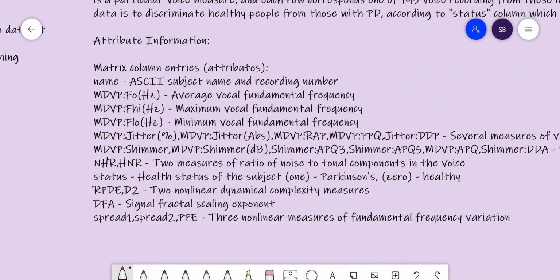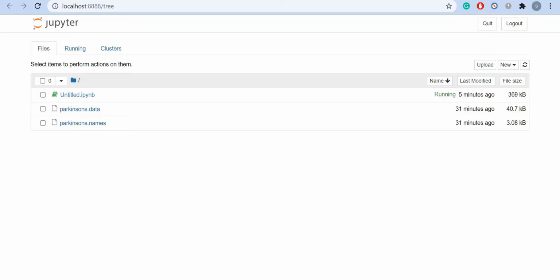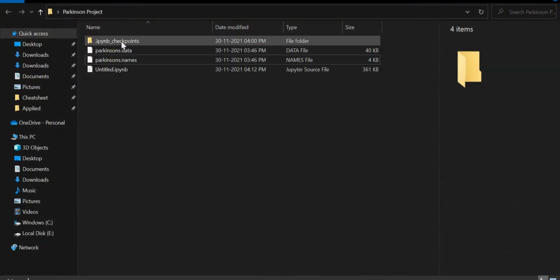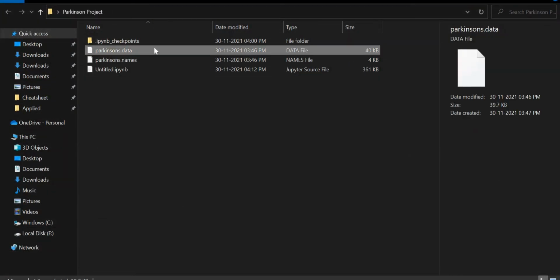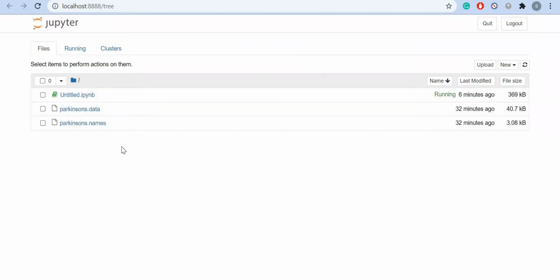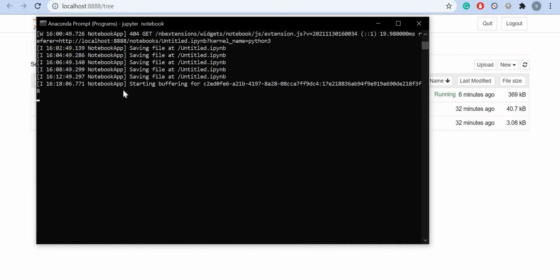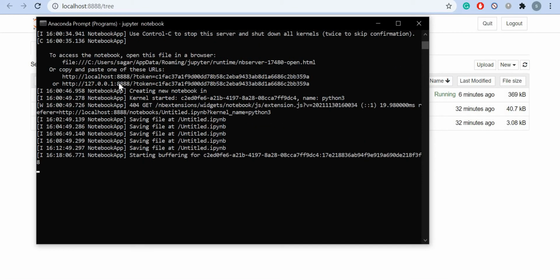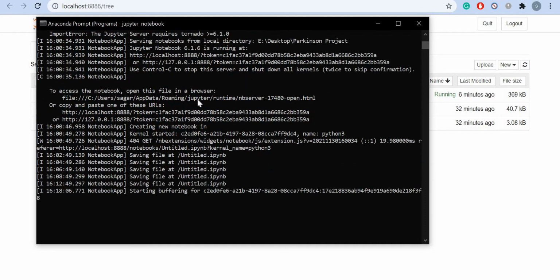If you download the data from that link, you could get two files, which are stored over here, and I'll just show you. These are the two files stored inside the folder. So what we'll do is we'll activate our environment, and we'll go into the project folder to create and open a Jupyter Notebook.